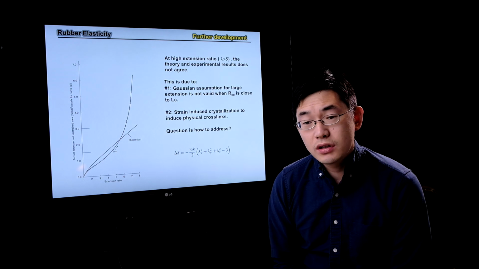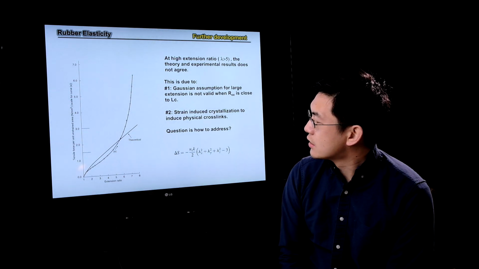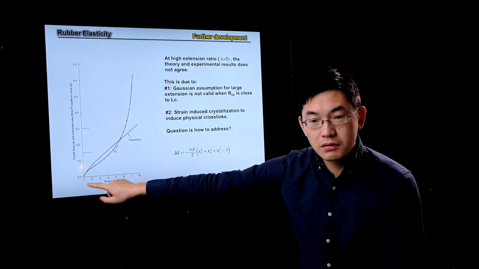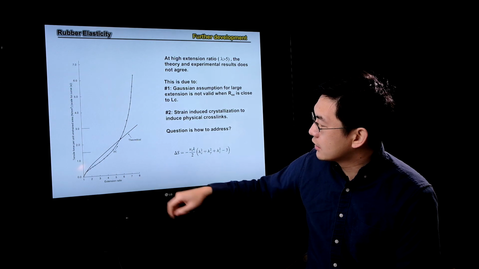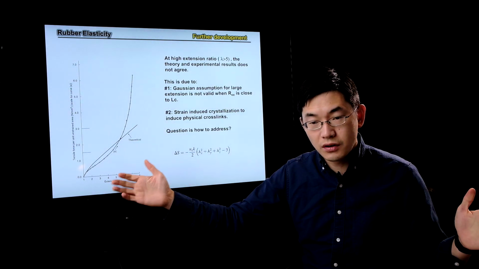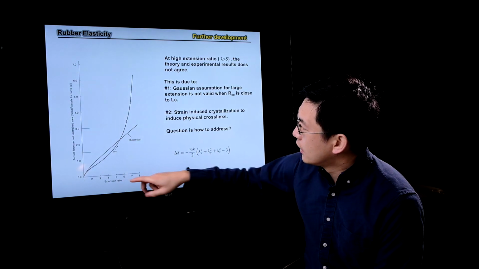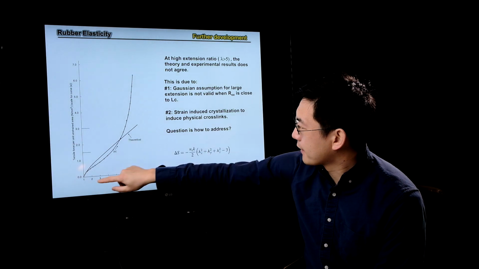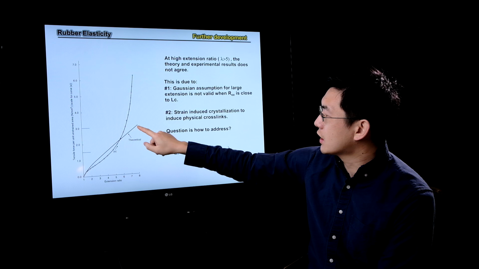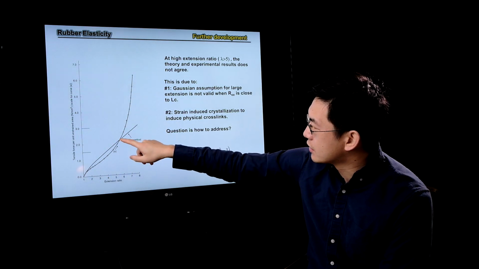This is especially true when you stretch a rubber at very high strain. Look here where you have the extension ratio, which is basically the draw ratio, from 1 to 8. The higher the extension ratio, and 8 means we deform the rubber 8 times its original length, the more extreme the deformability. You can see the theory is what we discussed: our entropy theory predicted that your behavior will look like this, but in reality, if you can tell,